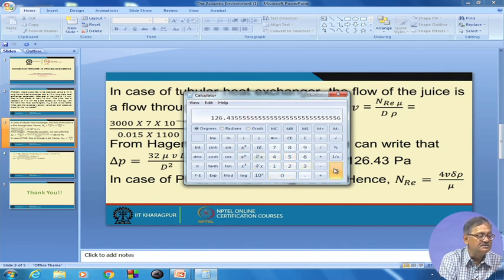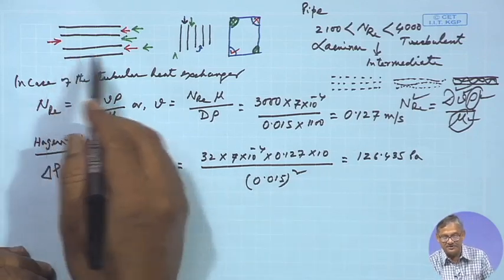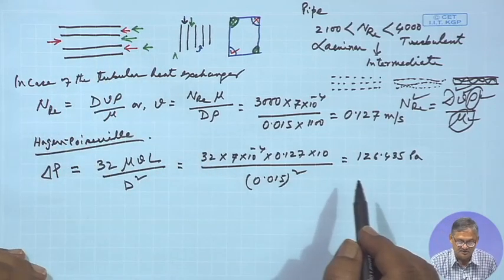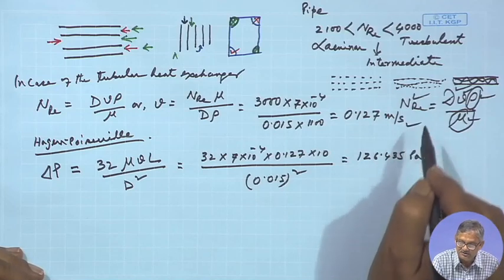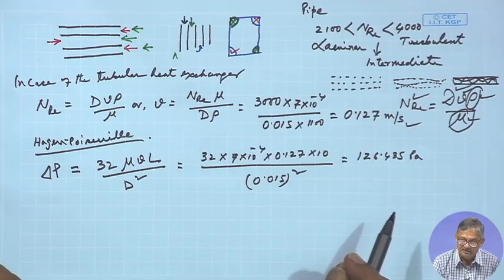So, that is 126.435. So, delta P is 126.435 Pascal, right. So, the pressure drop is not so high because velocity is also not so high, maybe, and